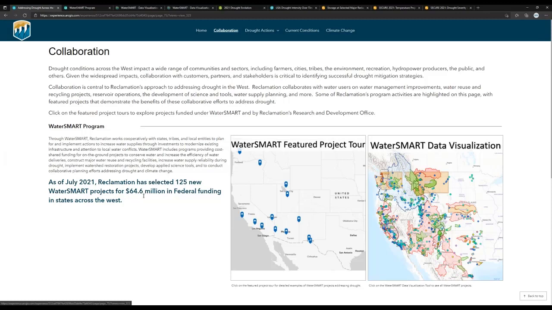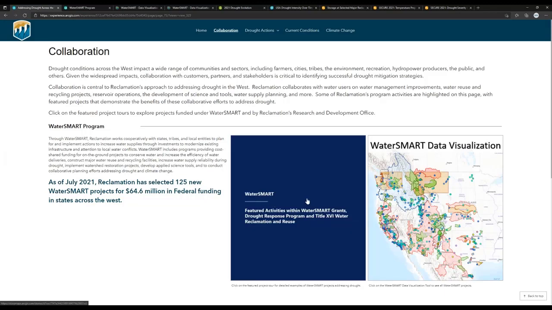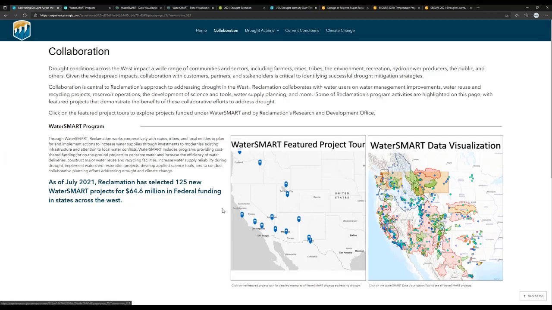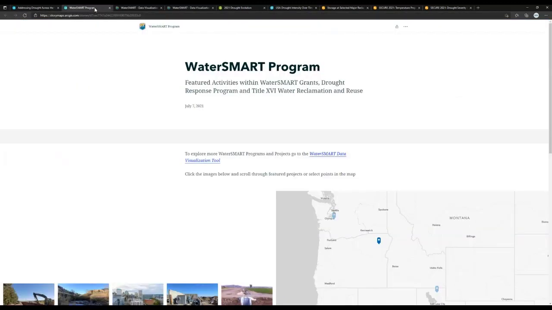The 2 images there that you see are clickable, and they get you into different ways of exploring those WaterSmart projects. So that one that Nikki's hovering on right now, that's a featured project tour. And what we did there is we selected projects from WaterSmart that we think are particularly representative of the kinds of things that we can fund to address drought conditions.